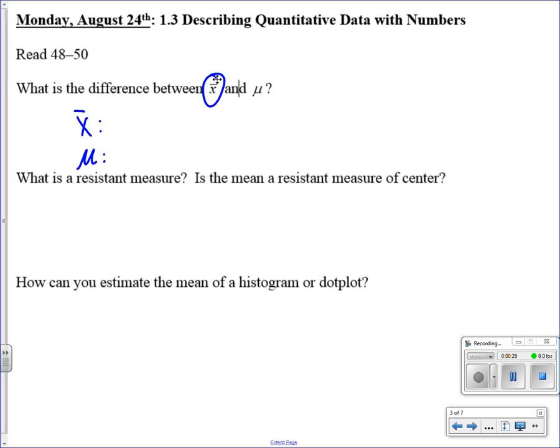Okay, so the mu is the mean of a population. You want to write this with me on your notes I passed out to you? X bar is the mean of a sample of the population.